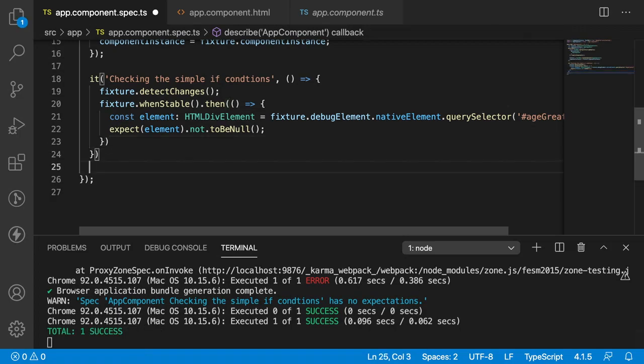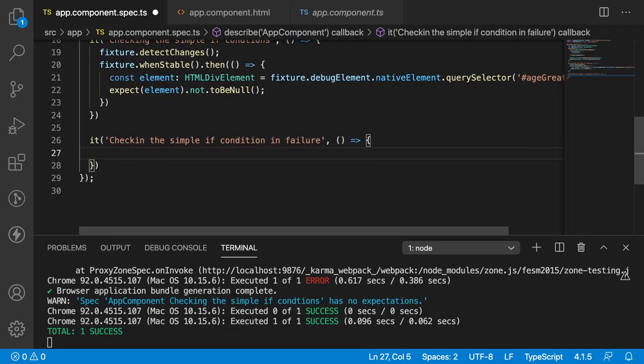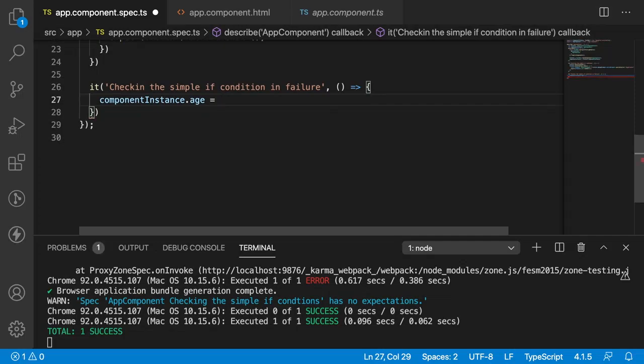Now I want to change the age property to check the simple if condition in the failure case. Inside the callback, let me update our componentInstance.age property and give it 17, so it is less than 18.